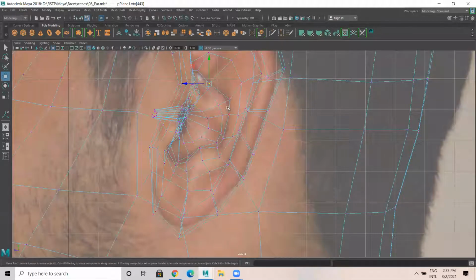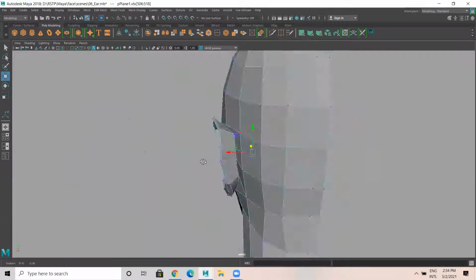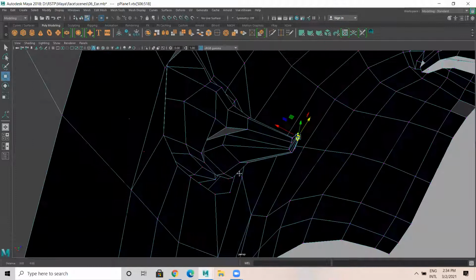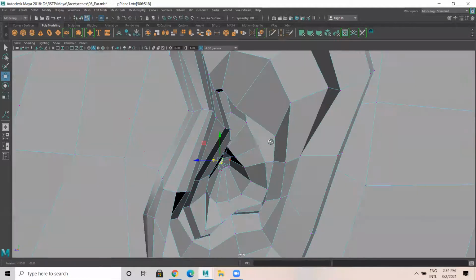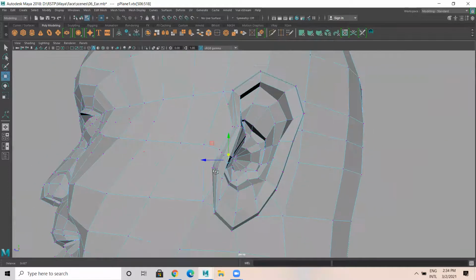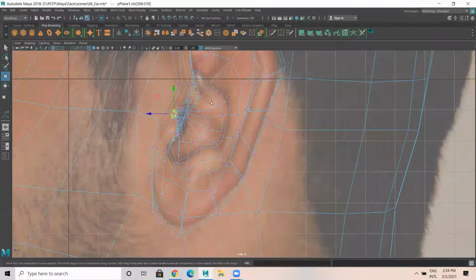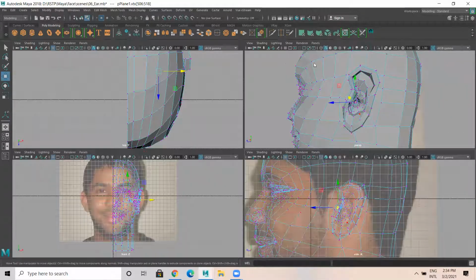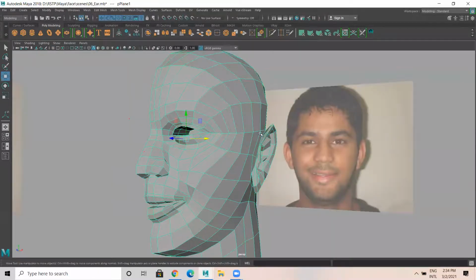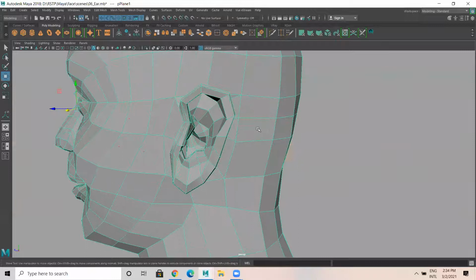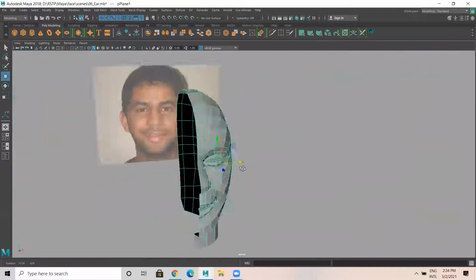See, the ear especially is different from person to person. This detailing I'm referring to, the detailing part of the ear, is different from person to person. It's not the same. Eyes or lip structures are okay, but when it comes to the ear, it is different. Okay. So now look at this, based on this, you have to work. Looking at the reference, you have to work. And if you have completed the face model, it's simple. It won't be that complicated for you guys. Okay. The ear part will be simple.